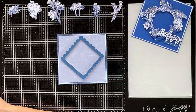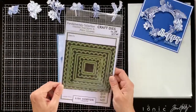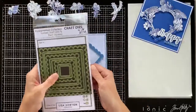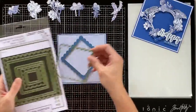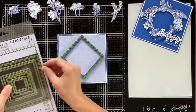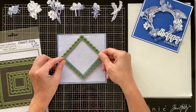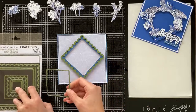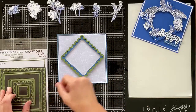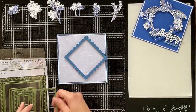Now to create this, I've used the, I've actually put it away. Here it is, look at me being efficient. I've actually used the Nested Scalloped and Plain Squares die set. So I've taken this middle scalloped square here, you can see how that is the same size, and I've just used the next die down, which happens to be just a plain square, and I've cut the aperture out in the middle, you see, and that's what gives me the framework. Now this would obviously work with circle dies. I don't have circle dies at the moment, but